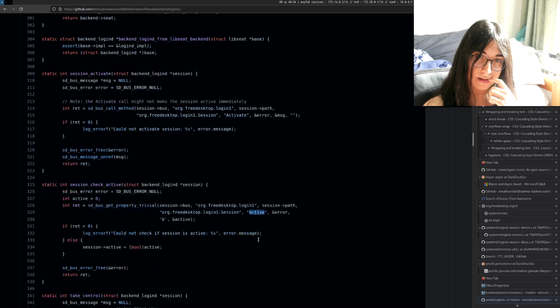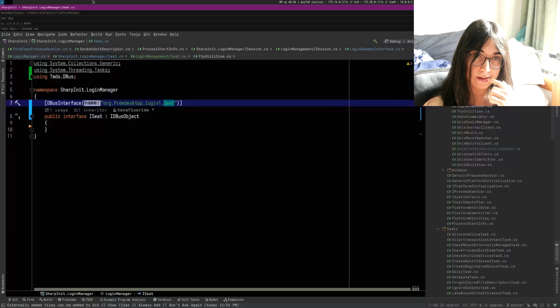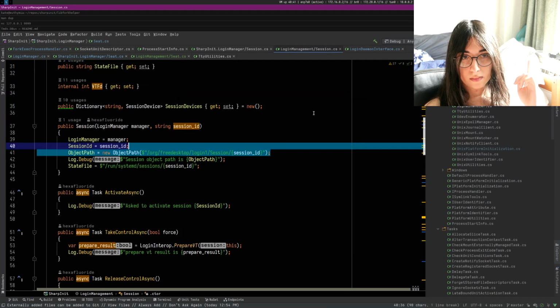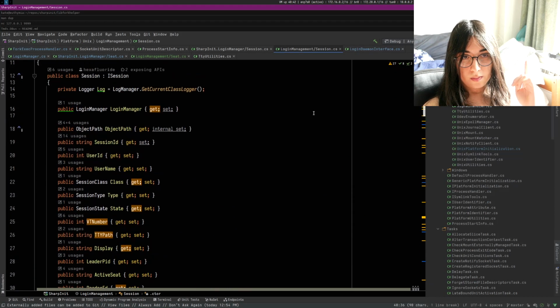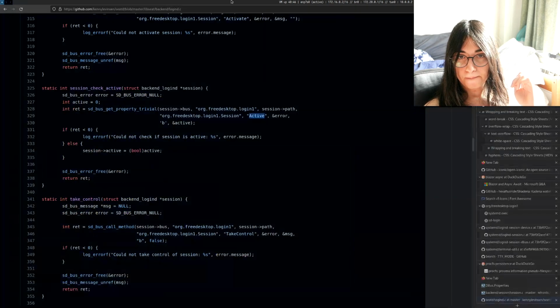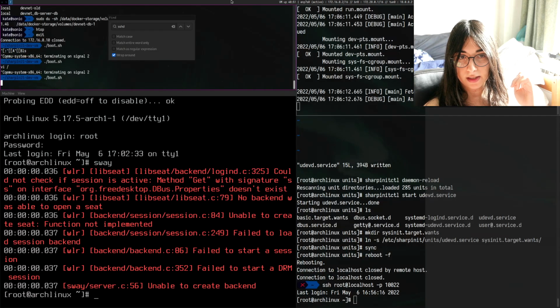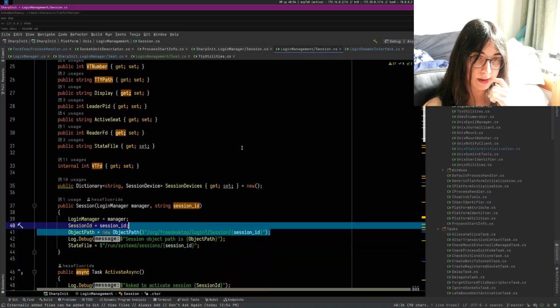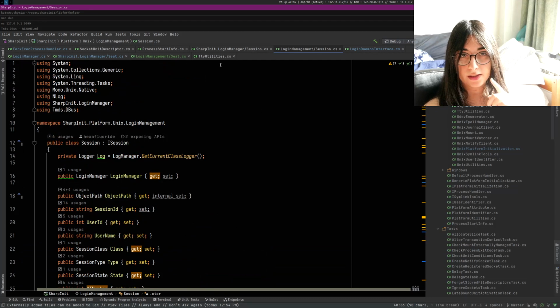Active. I think it's trying to check for this. The line number sure matches up. So it's actually on the session. Ooh, active. I'll check if the session's active. Yeah, sounds right. So I just need to